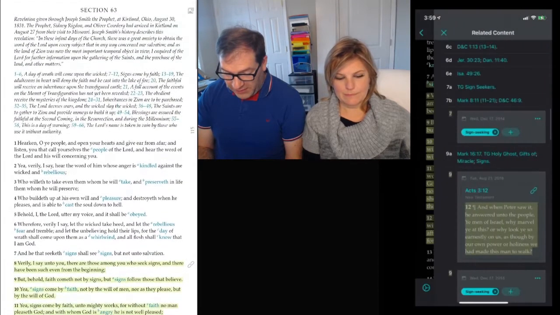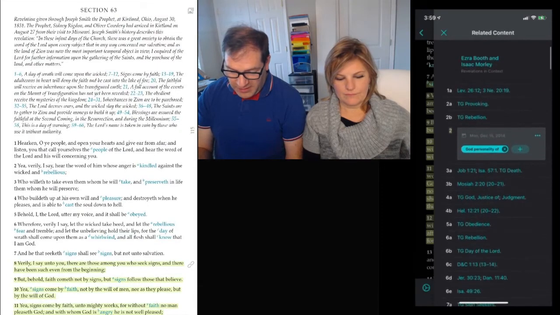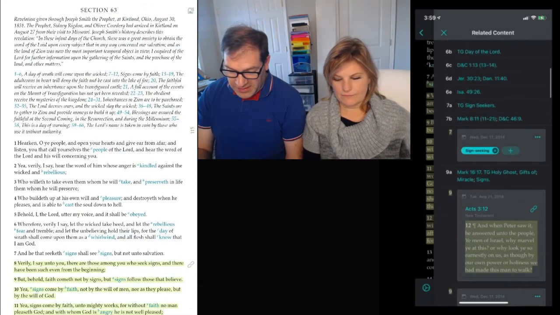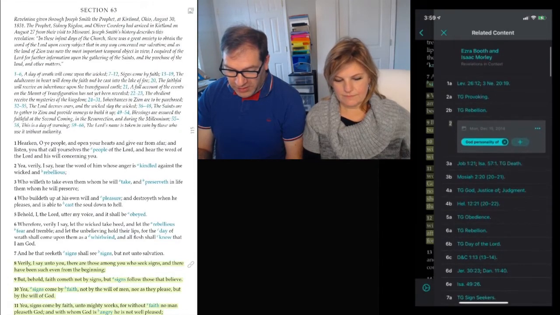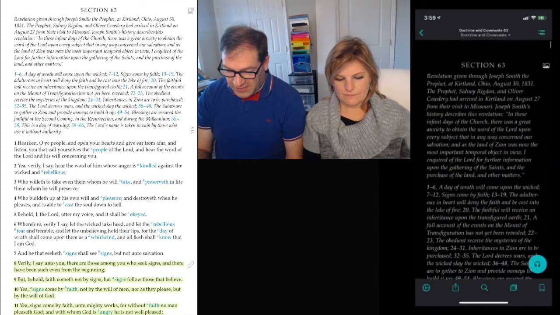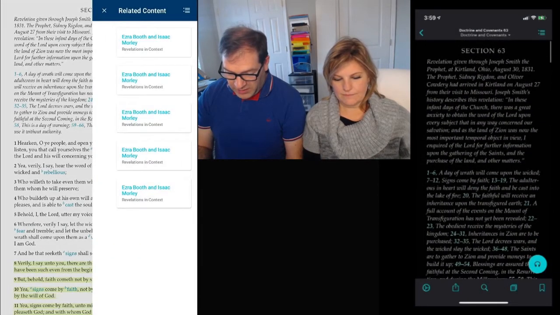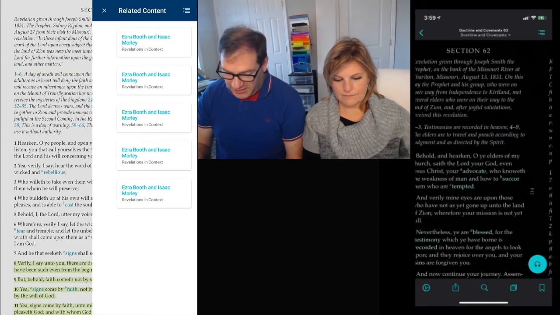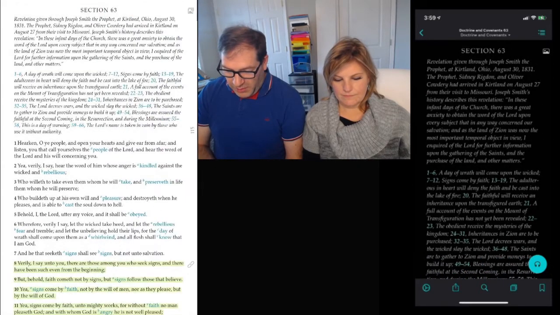Some chapters will have gospel art associated with them. So like there's this little picture in the upper right hand corner next to where it says section 63, and that's going to bring up either links or pictures or other related content that way. But another way that you can get to related content is,